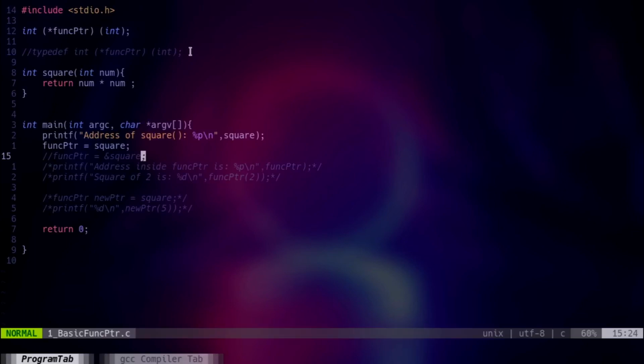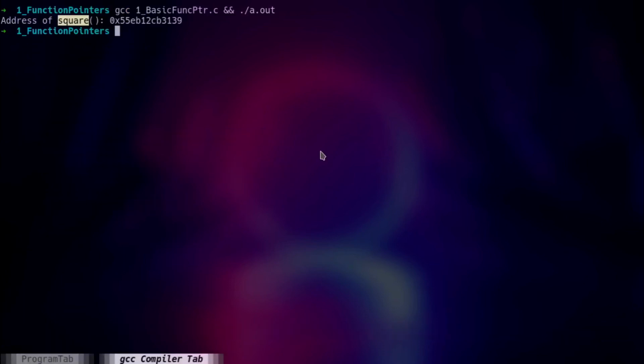Like you know, we can store the address of a function inside a function pointer. Obviously this line is self-explanatory, because here we are just storing the address of function square in the function pointer funcptr. So if I try to print out the value of funcptr, it will also output an address which is similar to the address printed by this line of code. Let me write it and run it. You can see both of the addresses are the same.